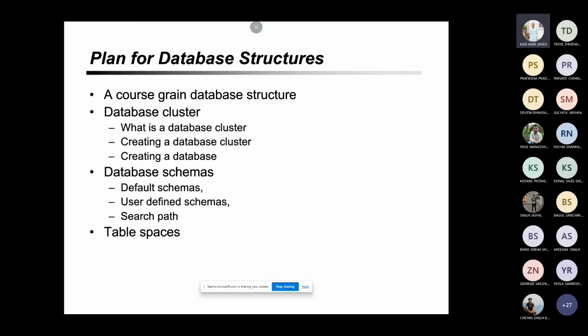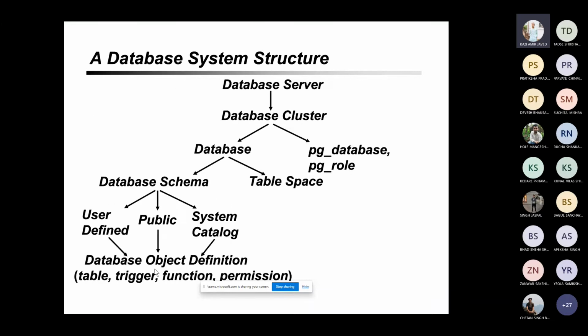So this is the kind of database structure generally seen, no matter whether you have PostgreSQL or MySQL or something like that. Though the diagram or tree that I have drawn here addresses Postgres basically. So let us say we have a database server.